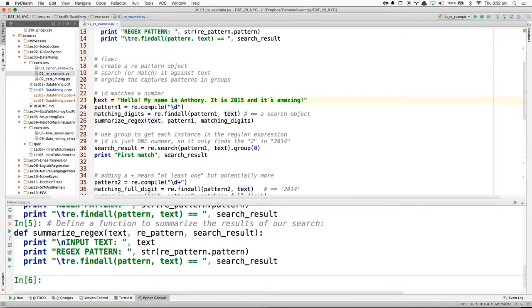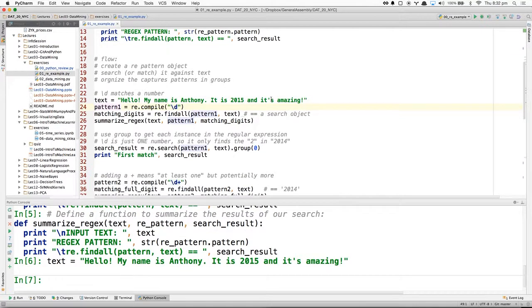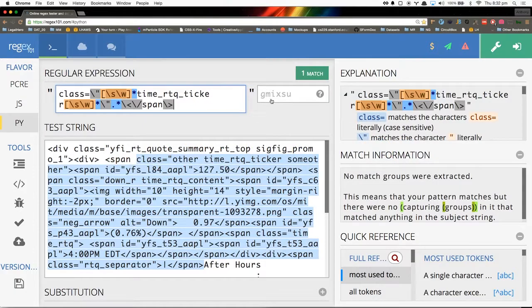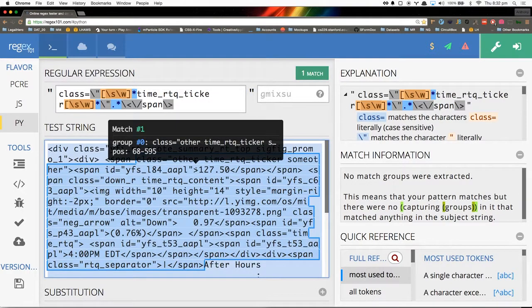But let's say I have a string like this. Remember, this is just raw text. There's nothing fancy about it. It's just a string. If I say re.compile, I'm basically building a pattern. That's the syntax within the regular expression module for building a pattern. I'll cut and paste this in here as I go along.